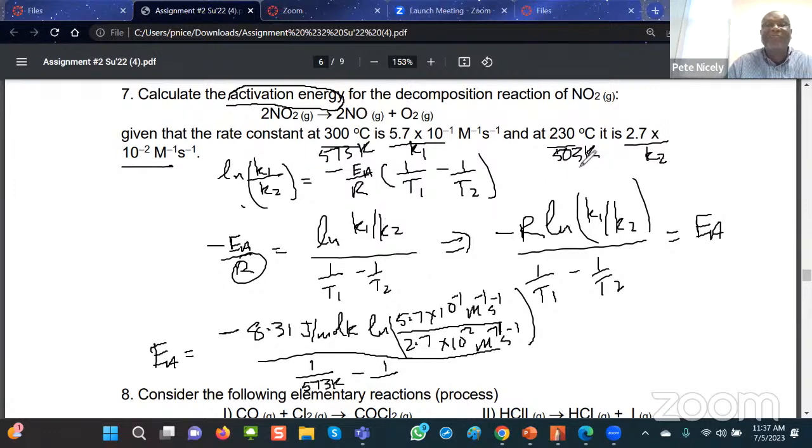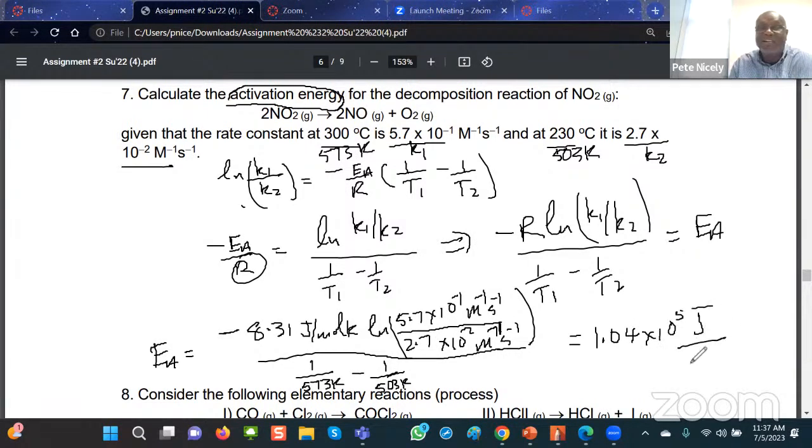T2 would be 503 Kelvin. 503 Kelvin, all right? Okay, and then we work this out. And according to my calculations, when I did that, I got 1.04 times 10 to the 5